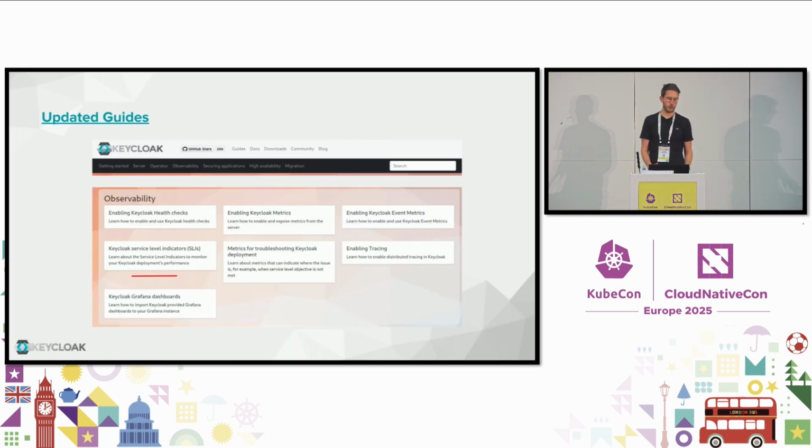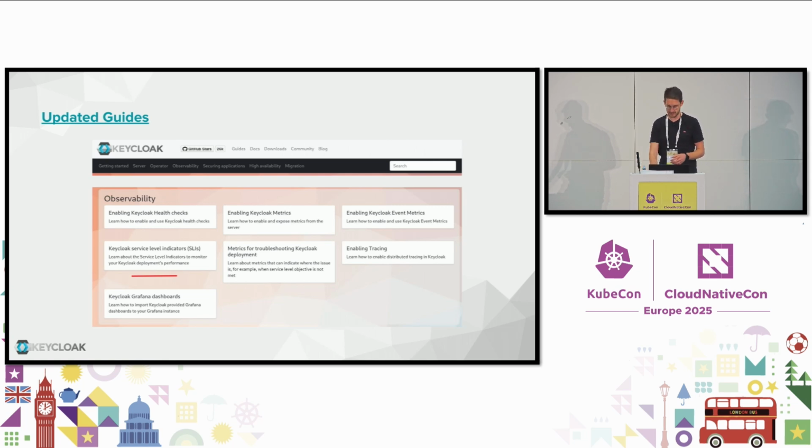The thing that we're particularly proud of is we've spent quite a bit of time improving our documentation. From the screenshot I've got here, you can see that we have, I think, 7 different guides. A lot of them are operational in nature, how to enable tracing, metrics. But the 2 guides that I would like to highlight here, the first one is our guide on